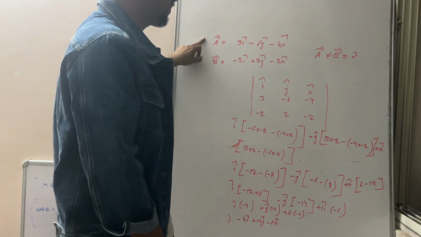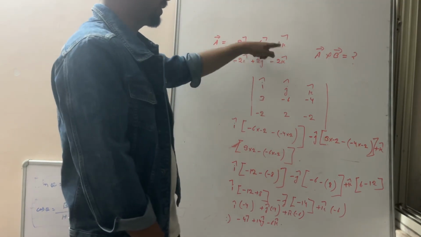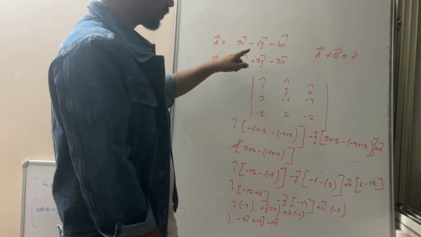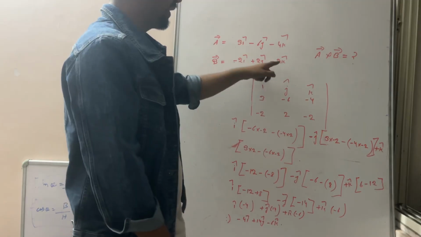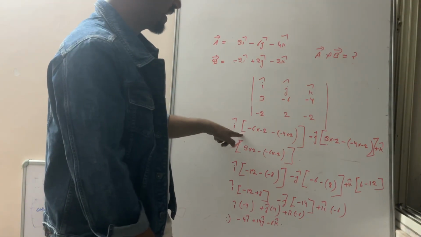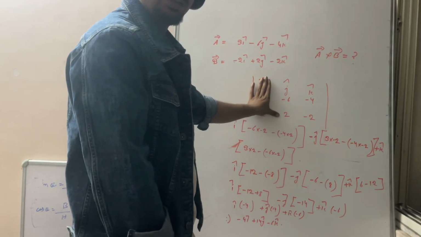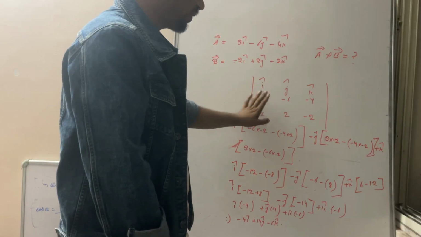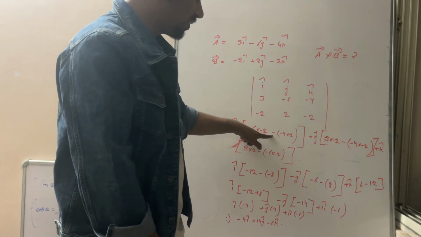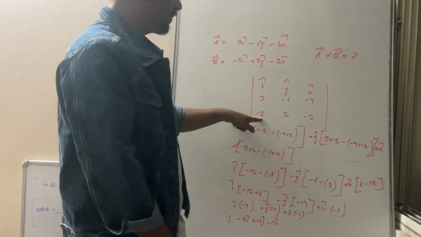In the first vector I is 3, j is minus 6 and k is minus 4; in B, I is minus 2, j is 2 and k is minus 2. For I, we keep it closed and forget about it. So minus 6 times minus 2, and there is always a negative sign between them, minus 4 times